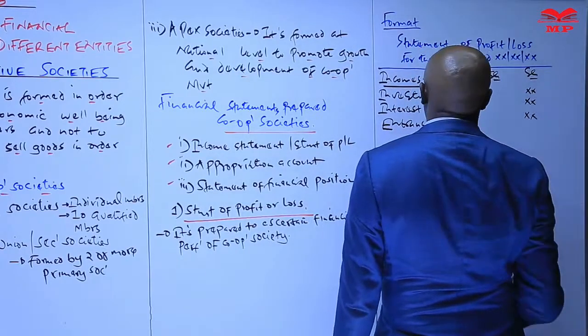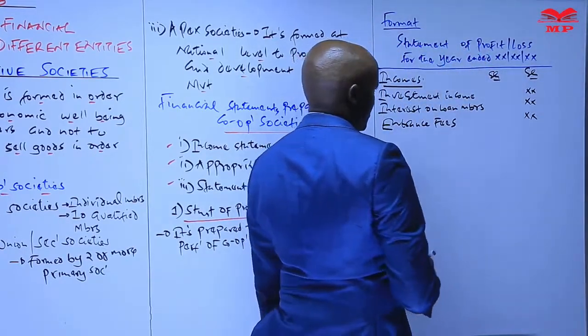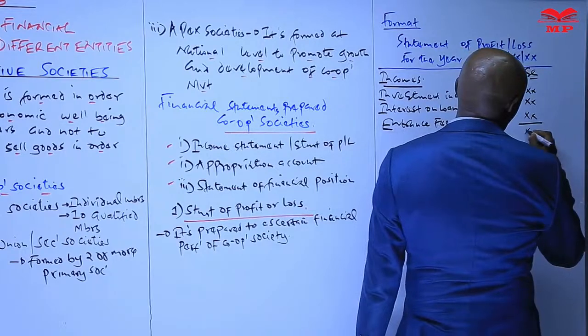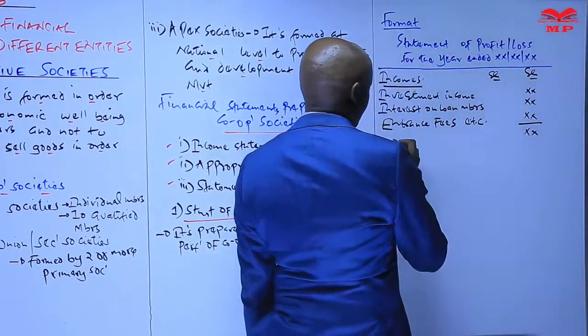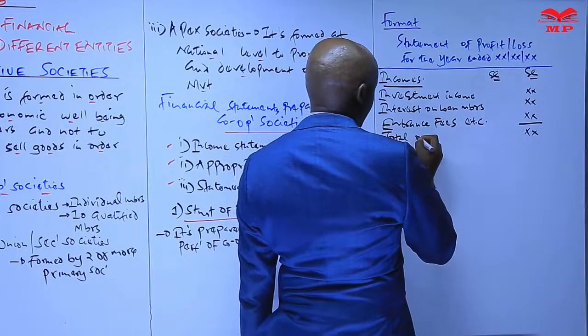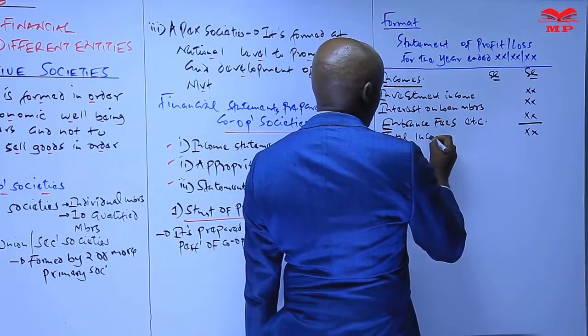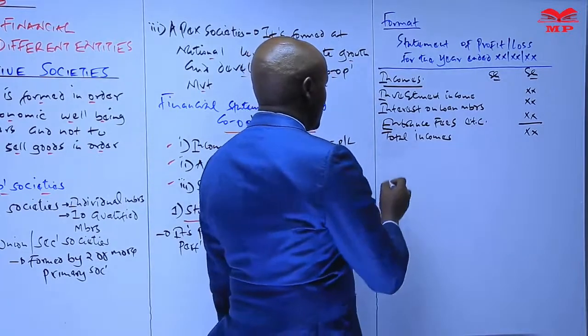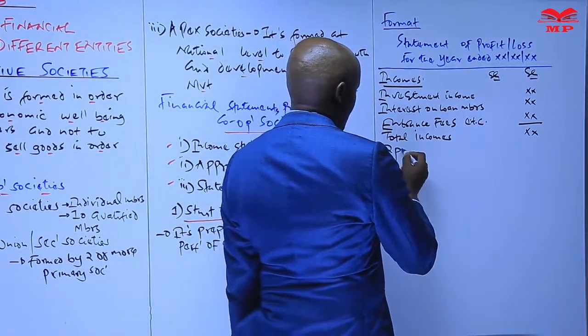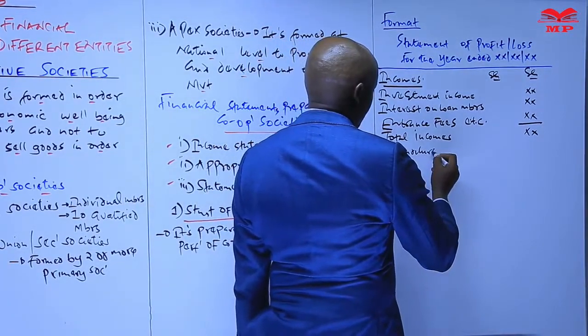If you want to join a cooperative society, you may be required to pay some fee. So these are some good examples of the incomes of a cooperative society, and then from there you get the total incomes, and then now to this we proceed and